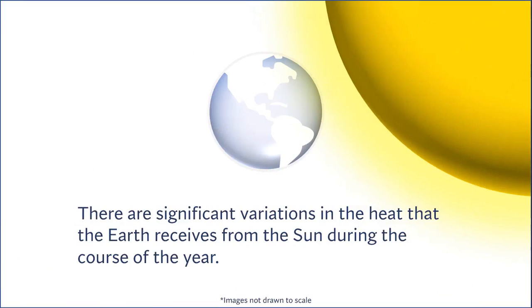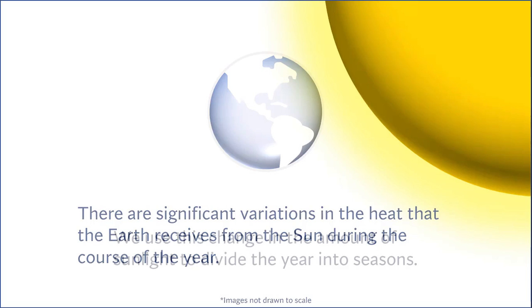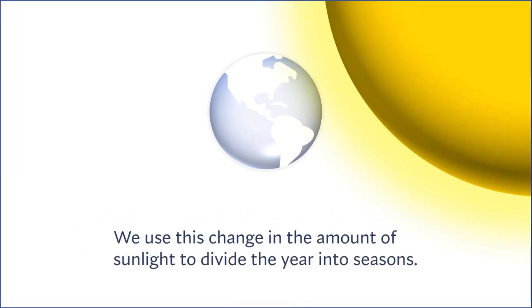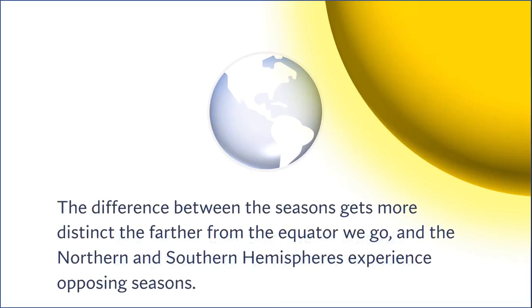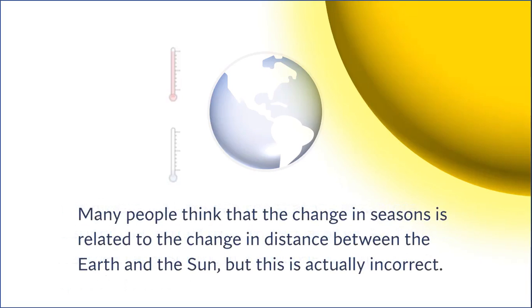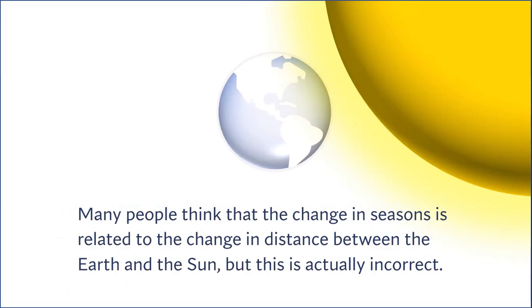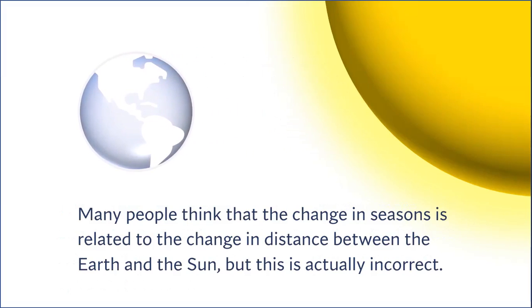There are significant variations in the heat that the Earth receives from the Sun during the course of the year. We use this change in the amount of sunlight to divide the year into seasons. The difference between the seasons gets more distinct the farther from the equator we go, and the northern and southern hemispheres experience opposing seasons. Many people think that the change in seasons is related to the change in distance between